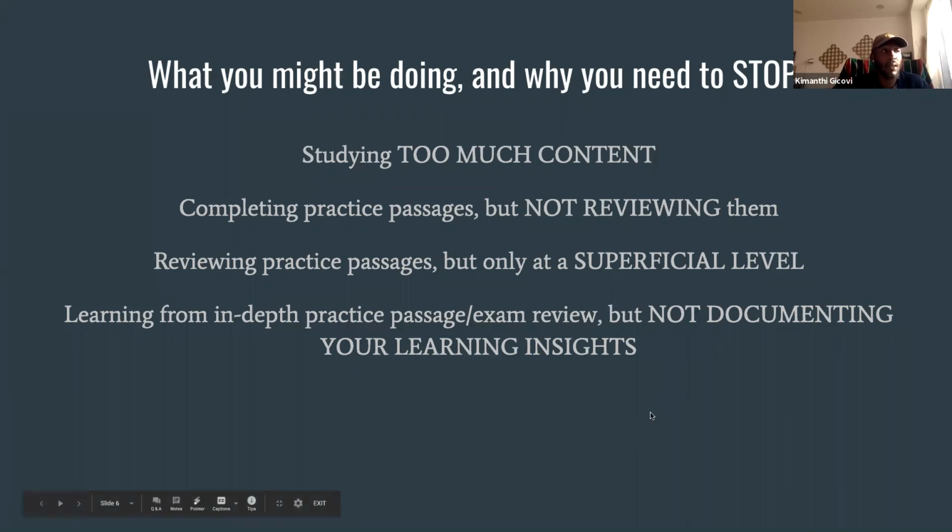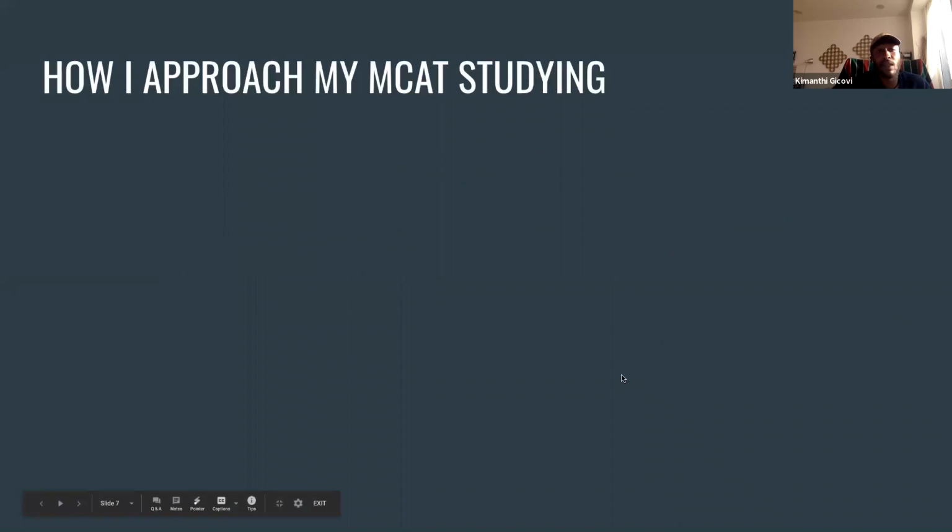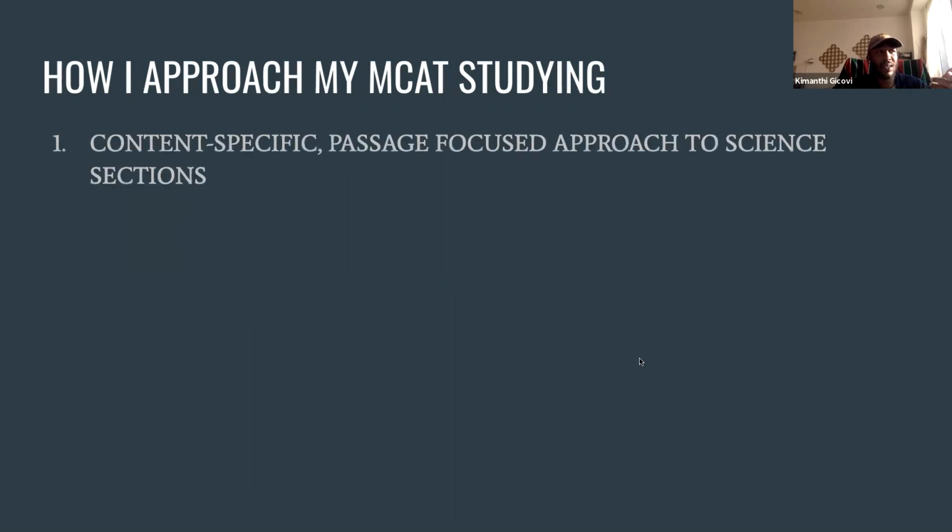You get your learning insight, what do you have to do? You have to go and actually figure out what to do next about it. So this is really quick. I'm going to go through this part. It's not really much. This is how I approach my studying. This is unique to me. Don't focus as much on this part. Really focus on the part where I've been trying to get you to understand it's a critical reasoning exam and not a science exam. So I'm just going to click through this stuff quickly.